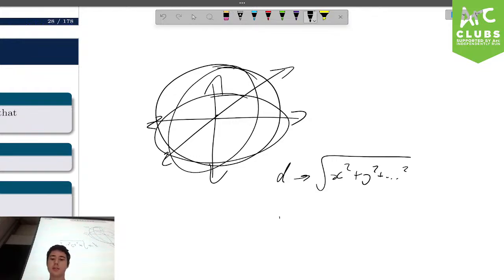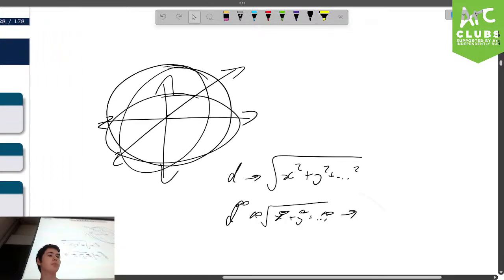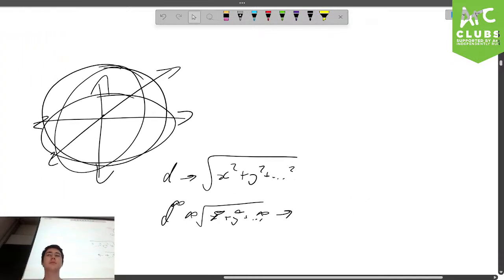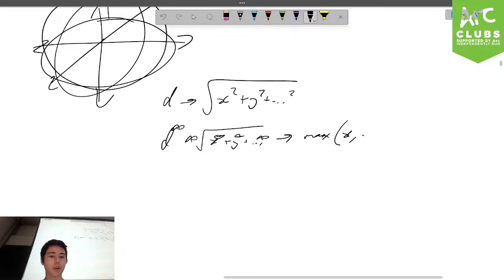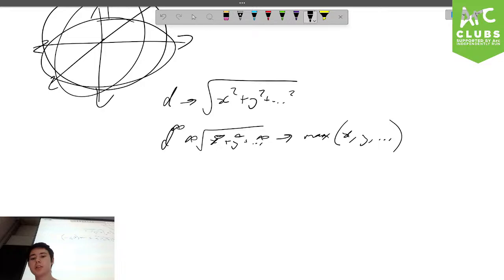If you use D infinity, that means you're going to technically take the infinitieth root of x to infinity plus y to the infinity plus yada yada to infinity, which, by some power assumptions, you can say is just going to be the max of your components, x, y, yada yada. And there's also going to be things like D0, which are just going to be the sum of your